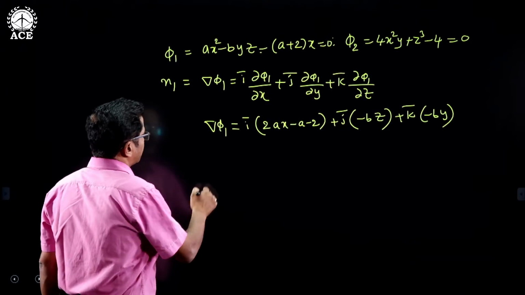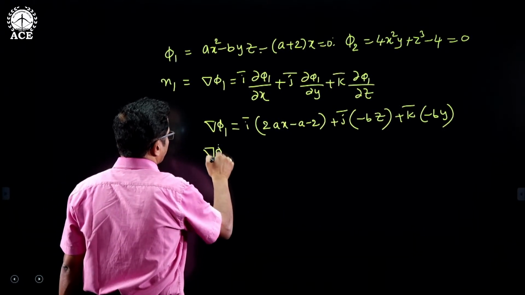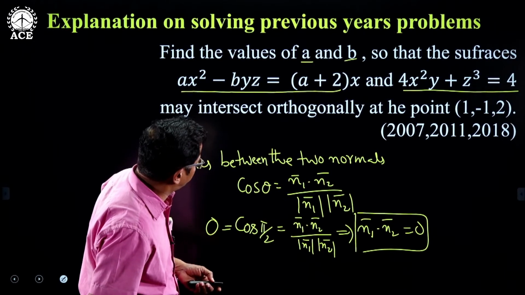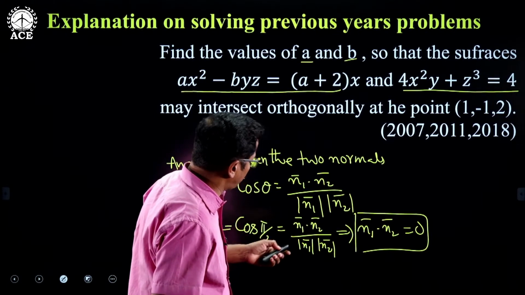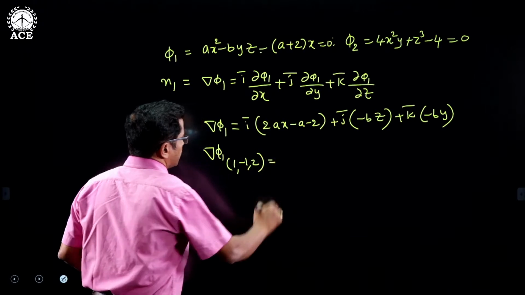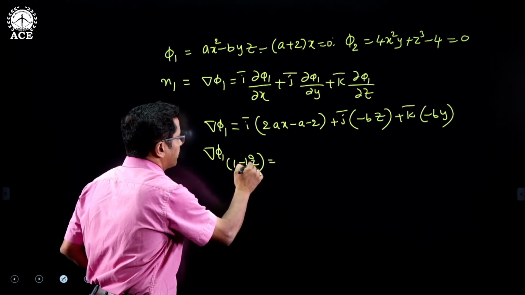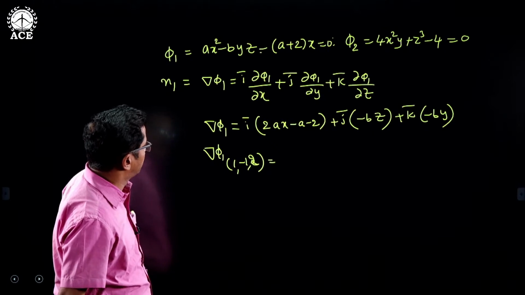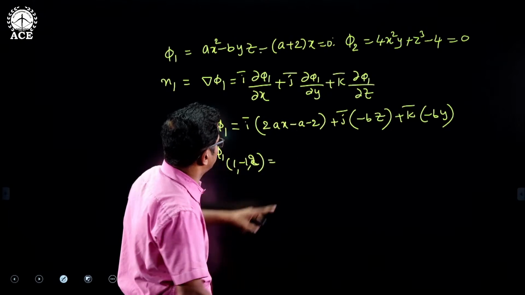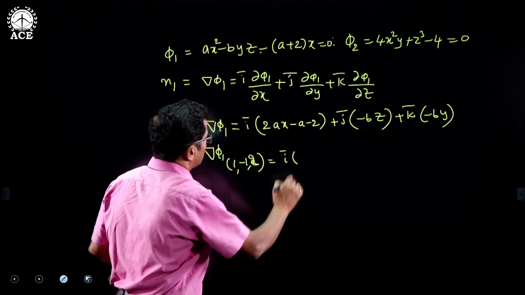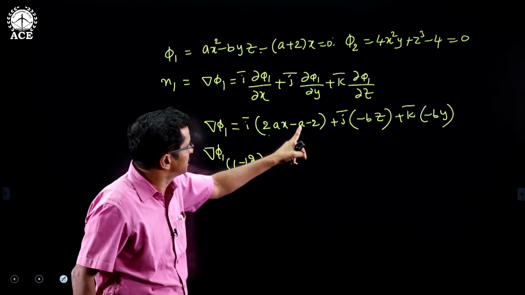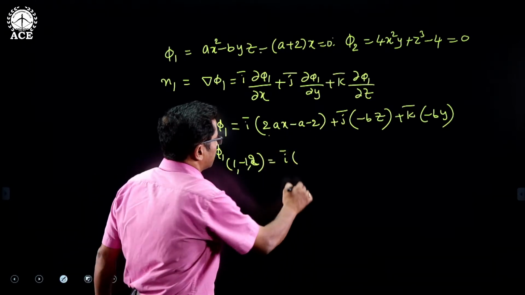Now del phi 1 at the point. What is the point provided? 1, minus 1, 2. If I put x as 1, y as minus 1 and z as 2, so x as 1 means 2a minus a. 2a into x is 2a, minus a is a, minus 2, a minus 2 i bar,